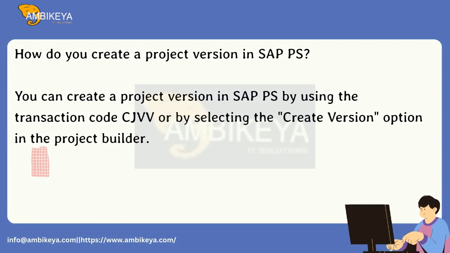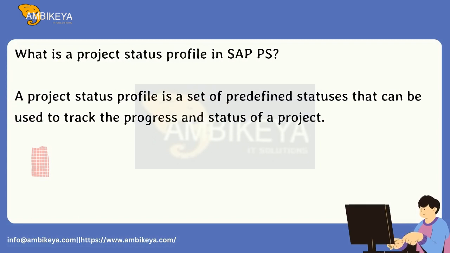How do you create a project version in SAP PS? You can create a project version in SAP PS by using the transaction code CJVV or by selecting the Create Version option in the Project Builder. What is a project status profile in SAP PS? A project status profile is a set of predefined statuses that can be used to track the progress and status